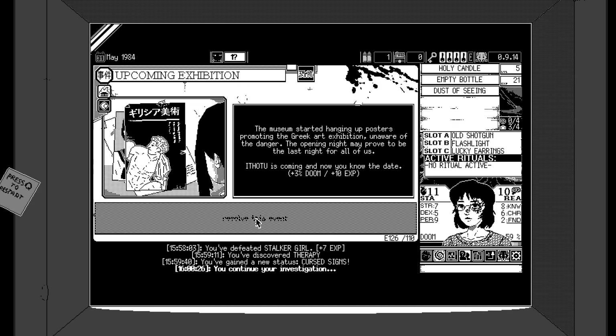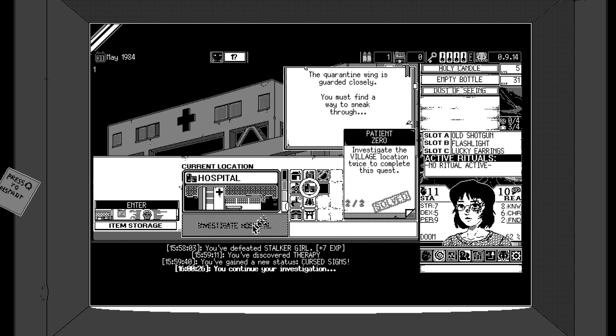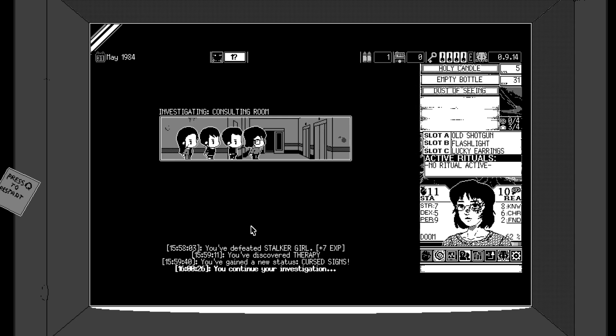Oh, that's bad. The museum started hanging up posters promoting the Greek art exhibition. Unaware of the danger, the opening night may prove to be the last night for us all. Ithotu is coming, and now you know the dates. But we gain more experience points despite the extra doom. Quarantine ring is guarded closely, you must find a way to sneak in. But again, we've got good perception, so...